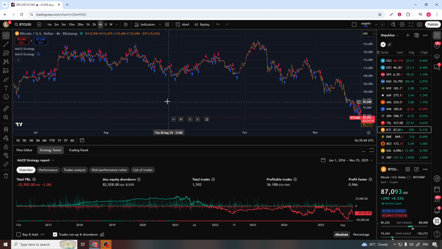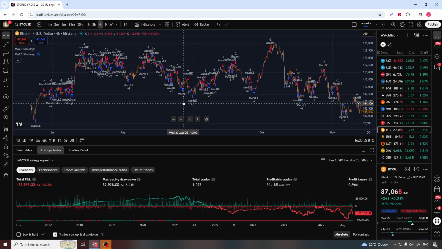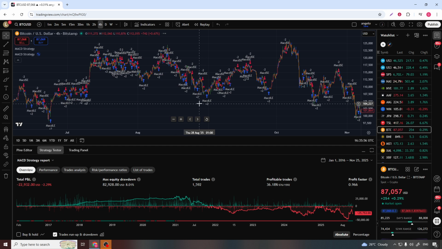As soon as you click it, TradingView will automatically add the MACD strategy to your current chart. You'll notice new visual elements appearing on the chart, such as entry and exit markers, and you may also see a strategy tester panel open at the bottom of your screen. From here, you can review performance metrics, tweak inputs, and adjust settings to better fit your trading style. That's all you need to do to add the MACD strategy in